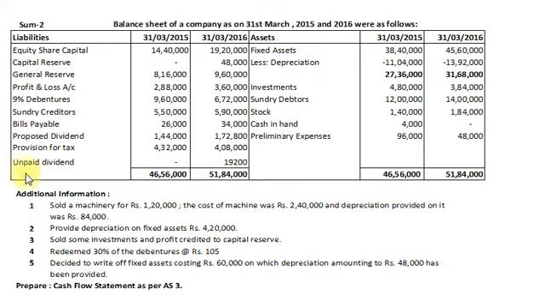But here we are given one piece of information in the balance sheet, that is unpaid dividend. It means we have paid the previous year proposed dividend but not the full amount, because there is an unpaid dividend of rupees 19,200. So 1,44,000 minus 19,200 is the dividend paid during the current year and will be considered in financing activity, and the current year proposed dividend will be considered in operating activity.